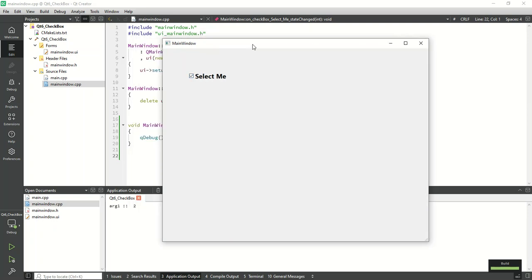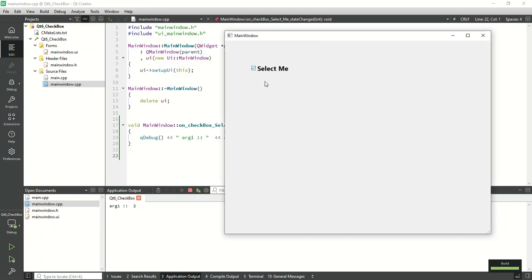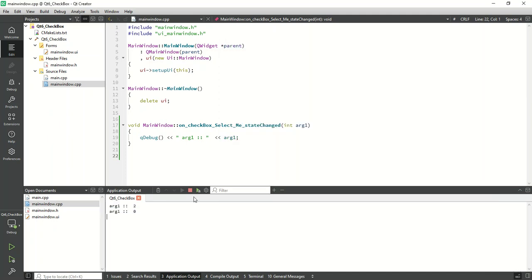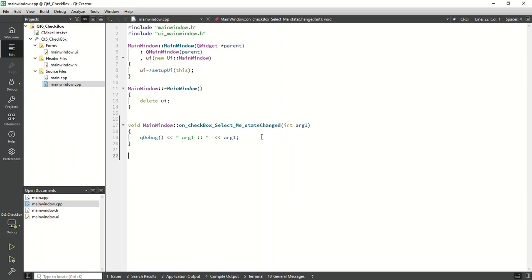So you can see when I click, the checkbox is selected, and that gives me an argument value of 2. When I unselect, at that time I get 0. So by using this state changed event, you will get the current state of your checkbox. So let's write a simple condition: if argument is equal to 0, and